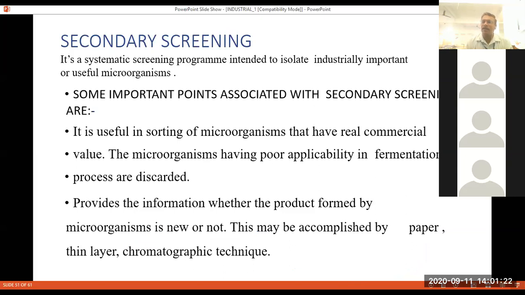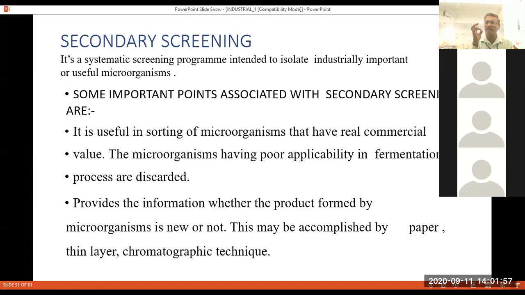The first part, the primary screening, is over, which has 4 methods: production of acid as well as base by microorganisms; second, producing antibiotics; third, regarding extracellular metabolites; and the fourth, regarding enrichment. So these are the 4 methods for the primary screening. Now after the primary screening, there is a secondary screening. What is that? A secondary screening.